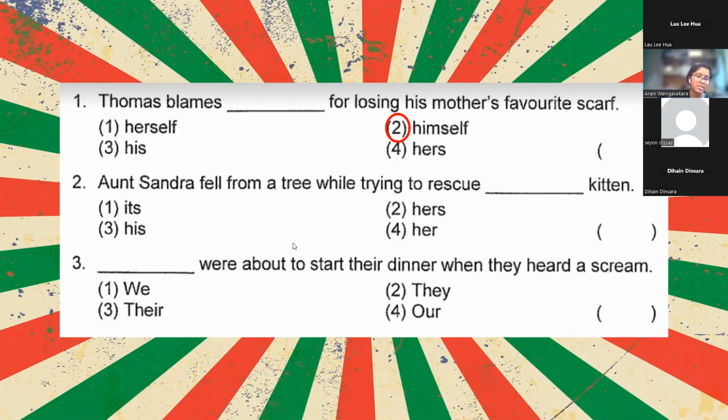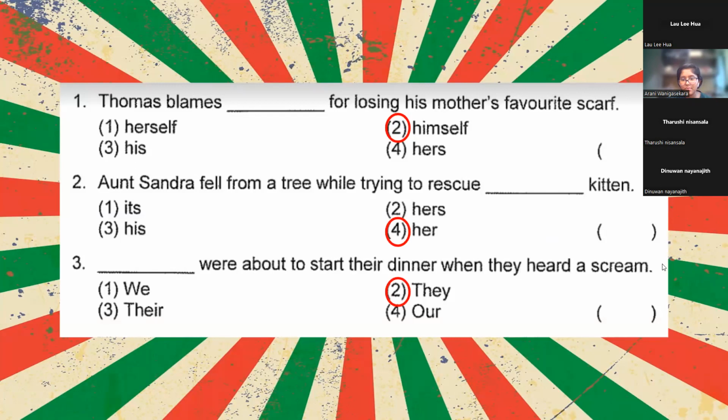Okay, so the third sentence is: blank were about to start their dinner when they heard a scream. What's the answer? We. They. Okay, they, we, any other answers? There. Okay. Any other answers? Okay, so the answer is they, because you can't say we were about to start their dinner when